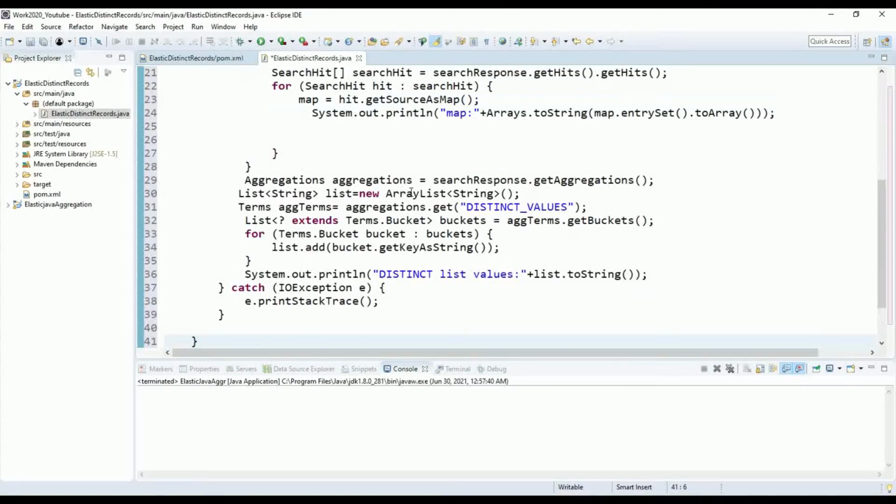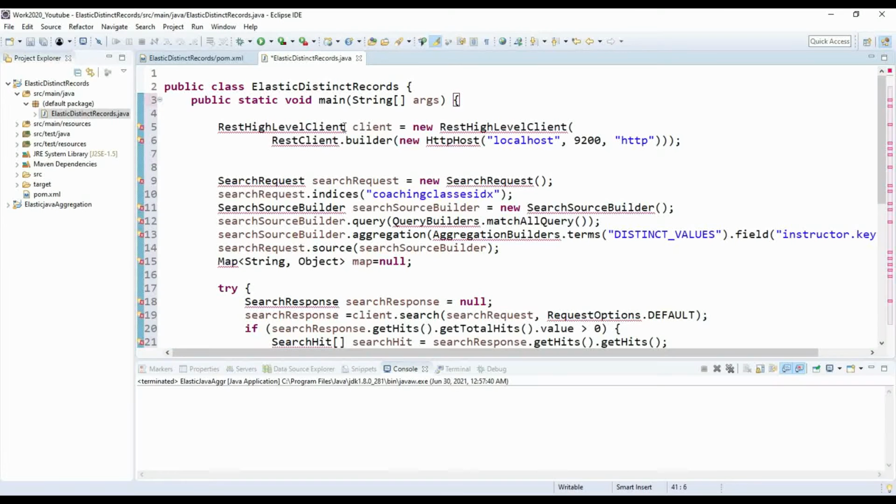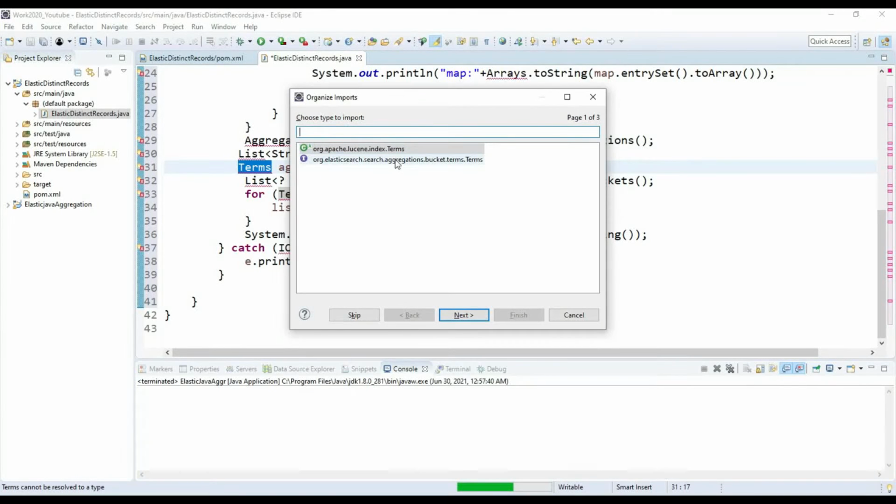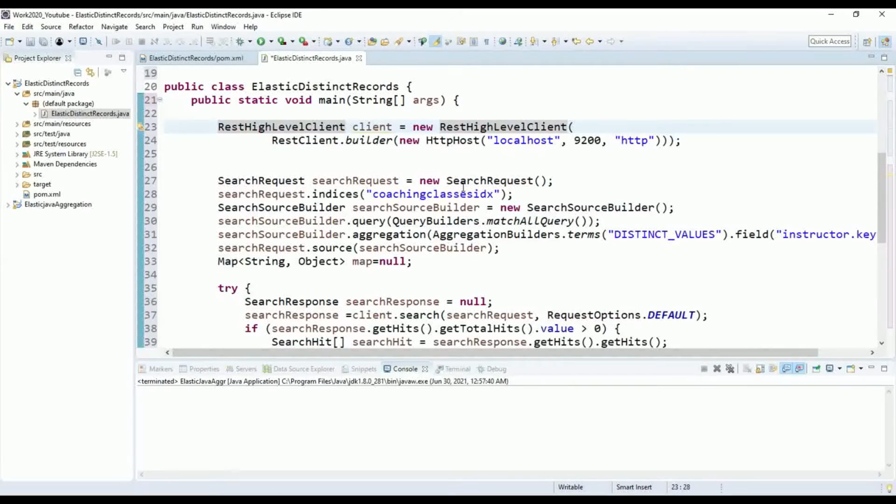Press Control Shift O in order to import these packages. I'm using the org.elasticsearch aggregation bucket terms package. For list, I'm using util List, and Map is util Map. So the packages are imported.